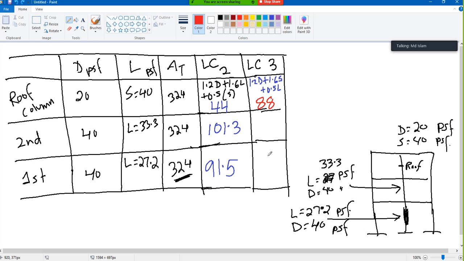1.2 times 40, plus 0.5, 33.3, 64.7. 64.7, 1.2 times 40,